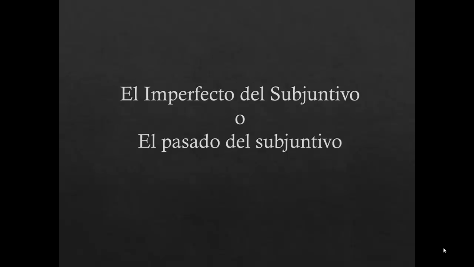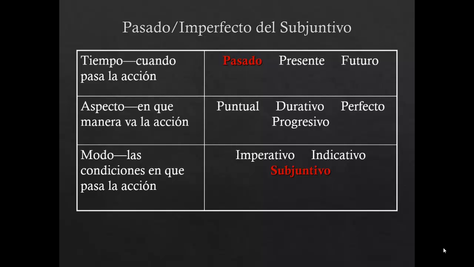Until now, we have seen extensive use of the present subjunctive in Spanish, but there is also an imperfect or past subjunctive in Spanish, and its uses are exactly as before, as well as most all of the same scenarios. What is different is how to form the verb in this conjugation. Just as before, when we introduced the concept of the subjunctive, we will use this chart again to describe what